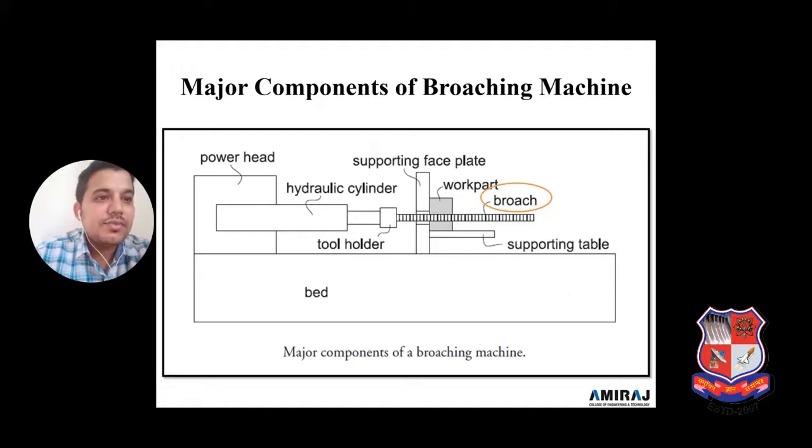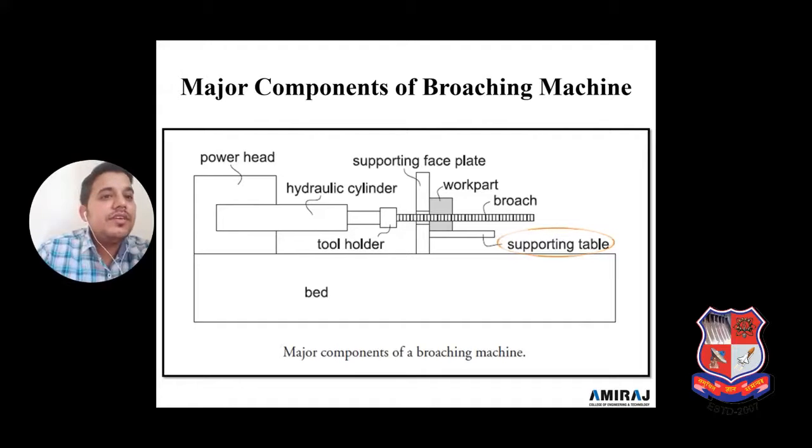Okay, then the supporting table will be the adjustable table, and the tool holder is nothing but one kind of material. We put our broaching tool material inside the capping, and it is utilized as a tool holder, as we saw previously in the drilling machine and so on. Then the supporting table will be the adjustable table, which can move in the vertical direction as well as the right and left direction.